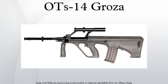Prototypes were ready for testing in less than a year and the weapon was ready for production by early 1994. It was first presented to the public at the Milipol Moscow trade show in April 1994 and adopted by the Ministry of Internal Affairs shortly thereafter. The success of the OTs-14-4A in the hands of MVD personnel brought it to the attention of the Ministry of Defense, who also had a requirement for such a weapon. After a period of testing, the weapon was adopted for Spetsnaz forces and some airborne and specialist frontline combat units